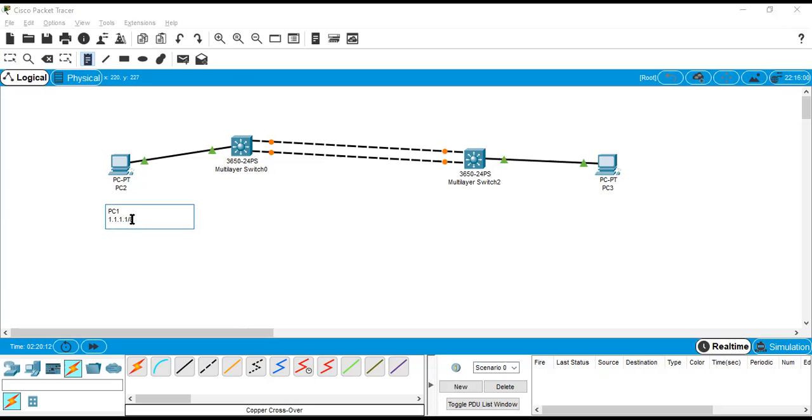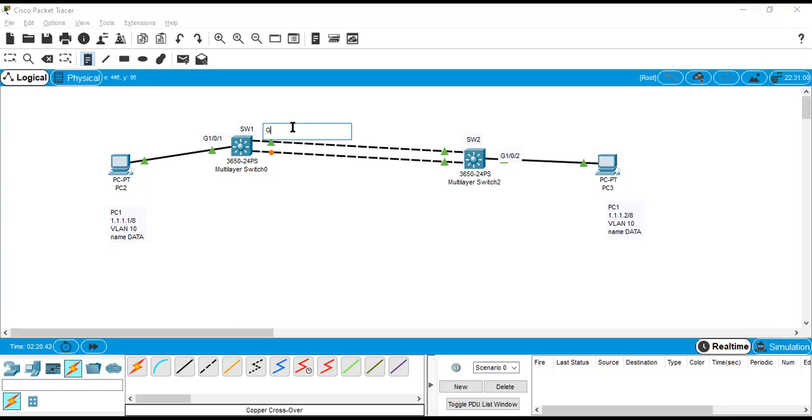So let's say this is PC1, 1.1.1.1/8, VLAN 10 name data. This is 1.1.1.2. Let's say this is switch 1, switch 2. This is G1/0/1, G1/0/2.